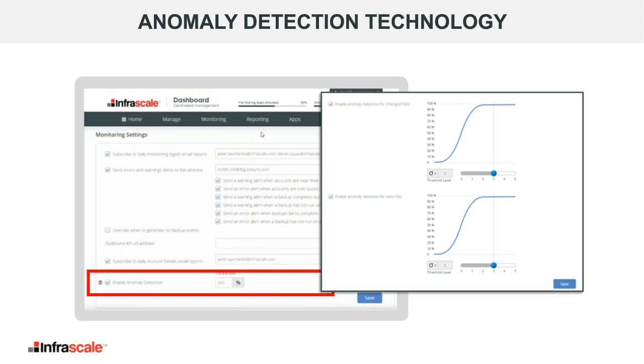Oftentimes, this is also going to be a scenario where somebody accidentally backed up a bunch of photos of themselves, personal photos. So you can help them get their own backup account and get those personal items off the business backup system. The other and the more important one is to address malware. So the way our system works, and the way a lot of malware works, is that they'll actually change your files, or they'll rename files, and our system will pick those up as changes.